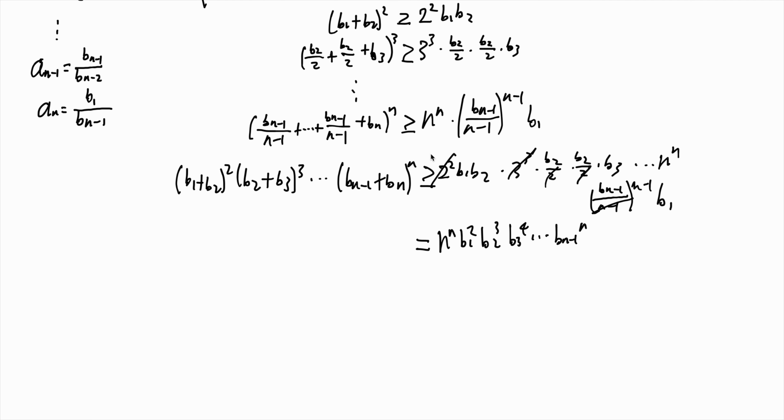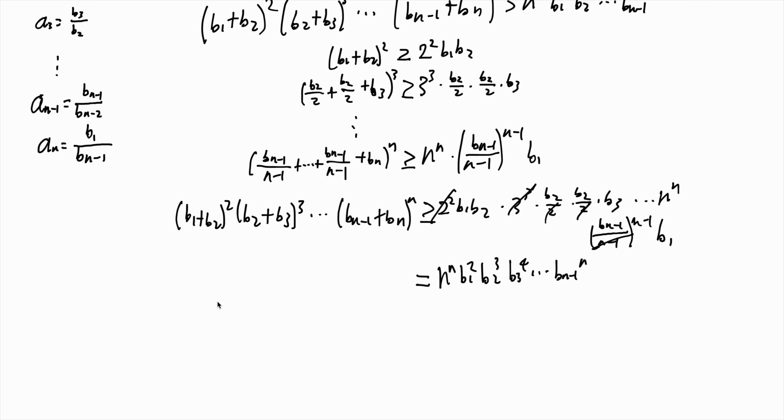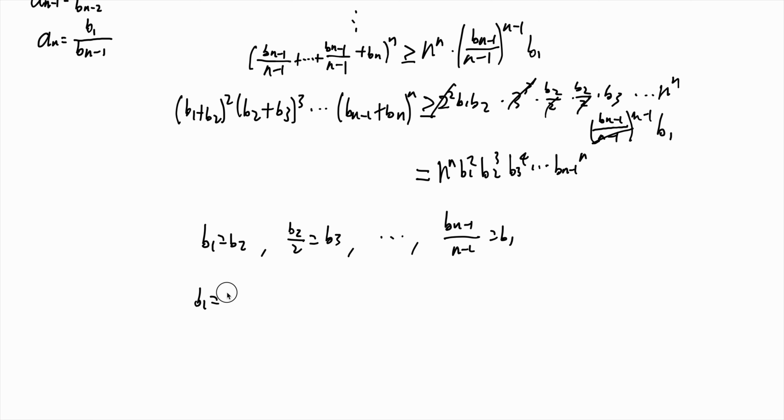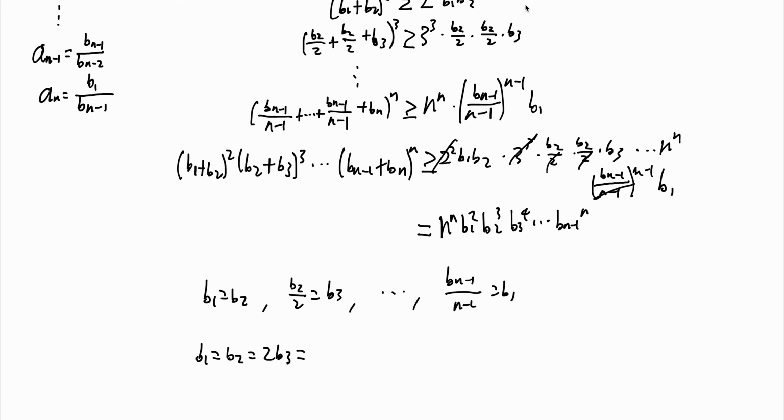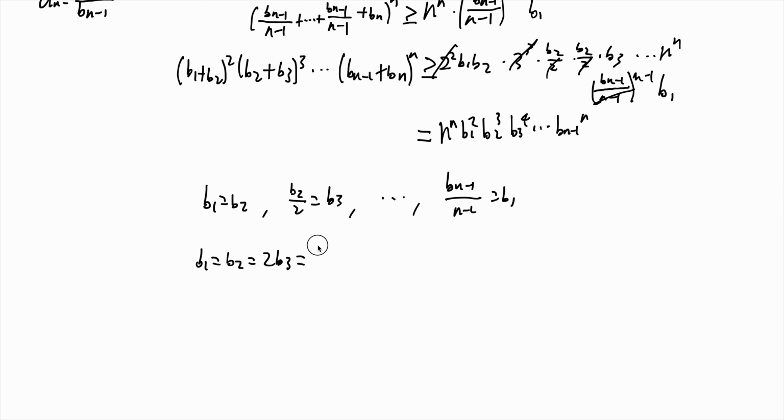However, notice that for the equality to be satisfied, we should have b sub 1 equals b sub 2, and b sub 2 over 2 equals b sub 3, and b sub n minus 1 over n minus 1 equals b sub 1. Now let's rewrite them. So we have b sub 1, b sub 2 equals 2 times b sub 3 equals, and notice that the next one should be, because we will divide the next one into 3, we have 3 b sub 4, and by induction, using the inductive idea, we should have